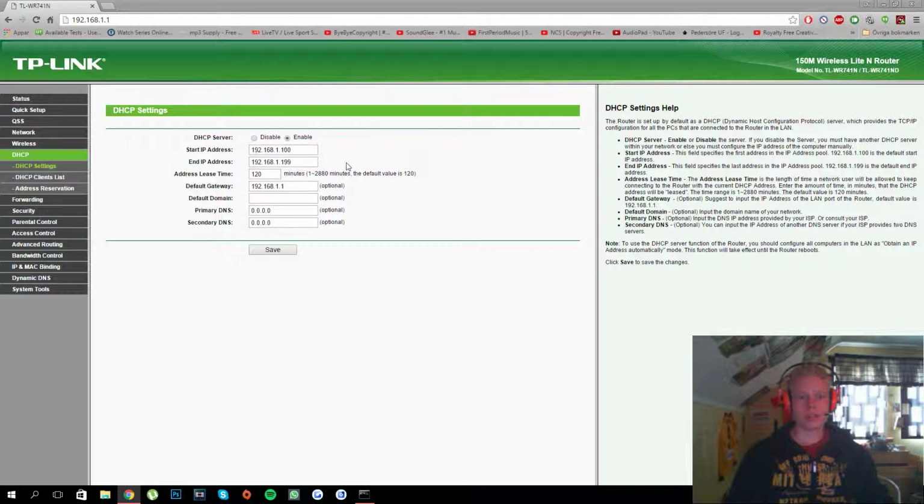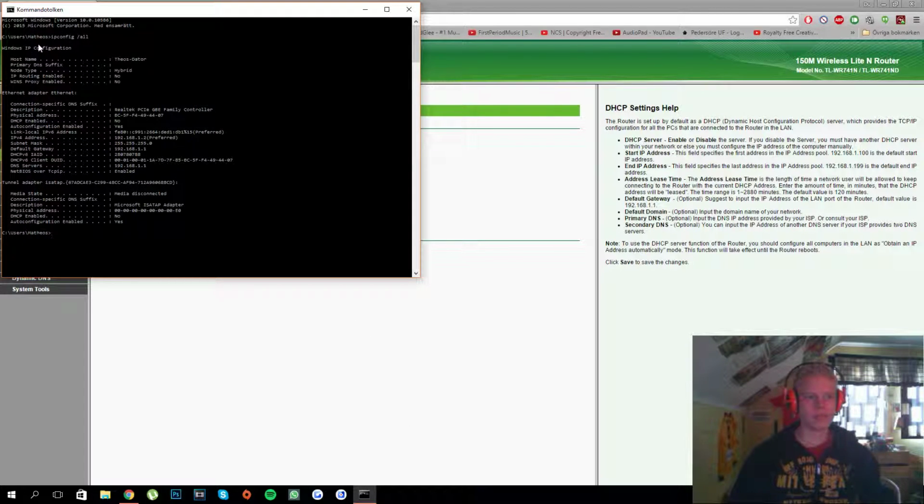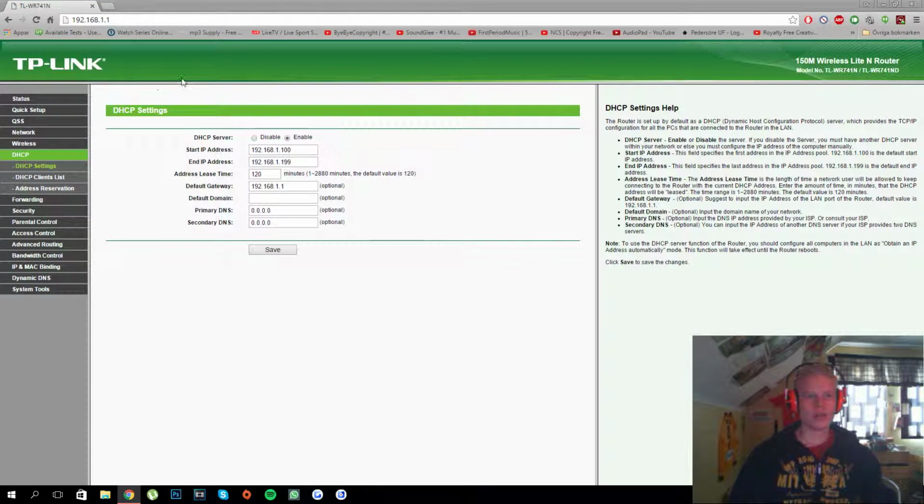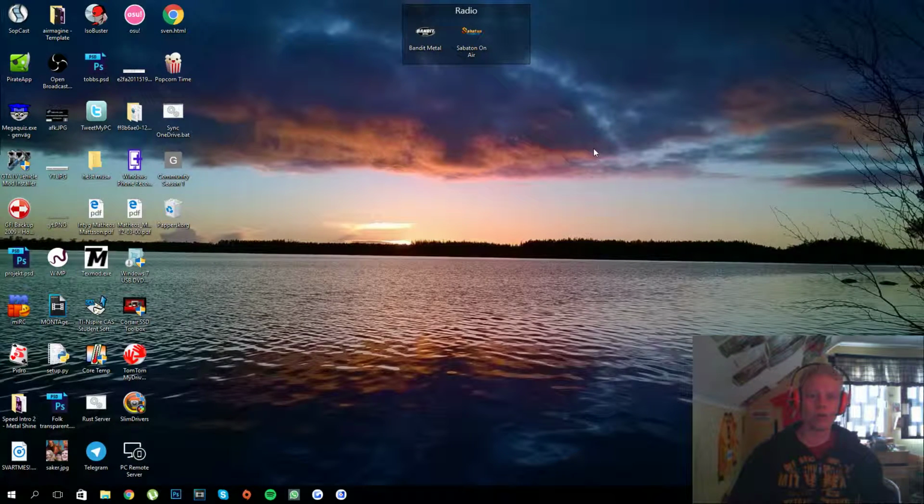If you don't know the range, you can check, as I said, on the router's settings page, which you will access through the default gateway, as you could see here from the command prompt, and by logging in with the admin or whatever you've changed it to. So yeah, that's basically how to do it on a Windows computer. As I said, it's pretty much the same on Mac, Windows Phone, iPad, and all kinds of devices. The trick is just to find the settings. Once you found them, it's the same.